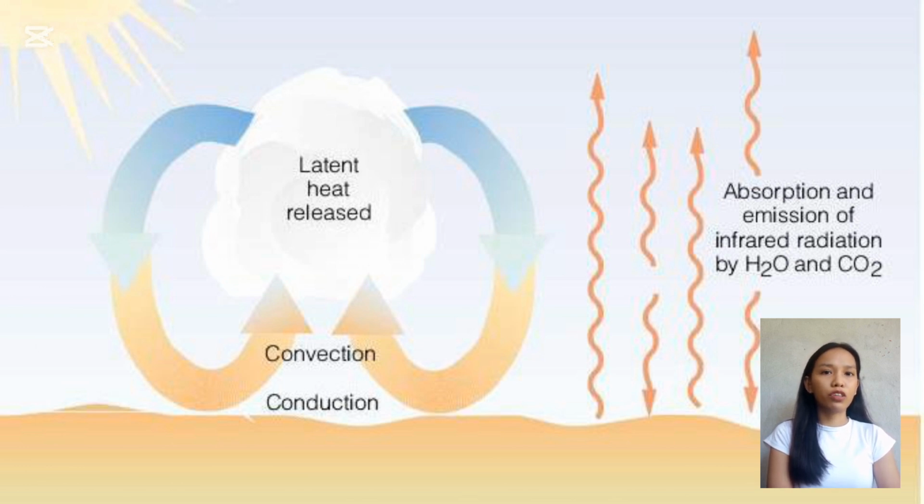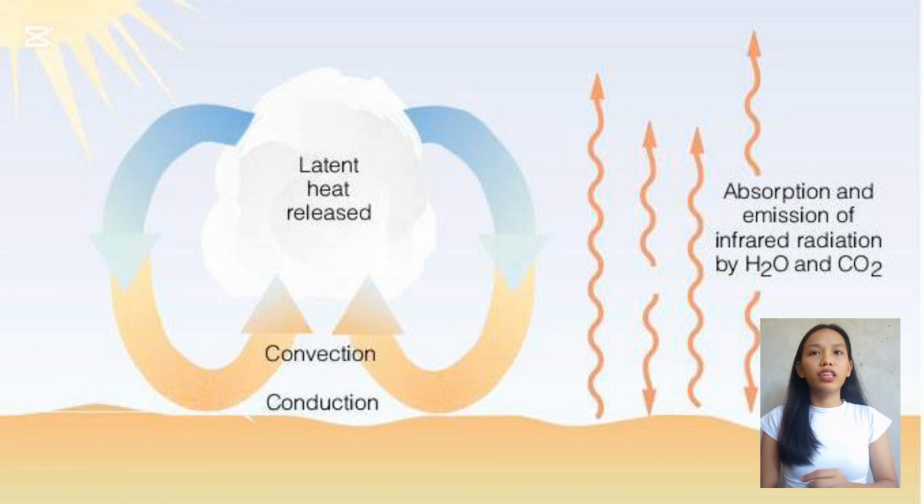So, when we talk about radiation, radiation refers to the process by which heat is transferred between things without direct physical touch. Then conduction is a procedure where heat is transferred between objects through physical contact. Then last is convection, which is the type of heat transmission where energy is transferred within a fluid.